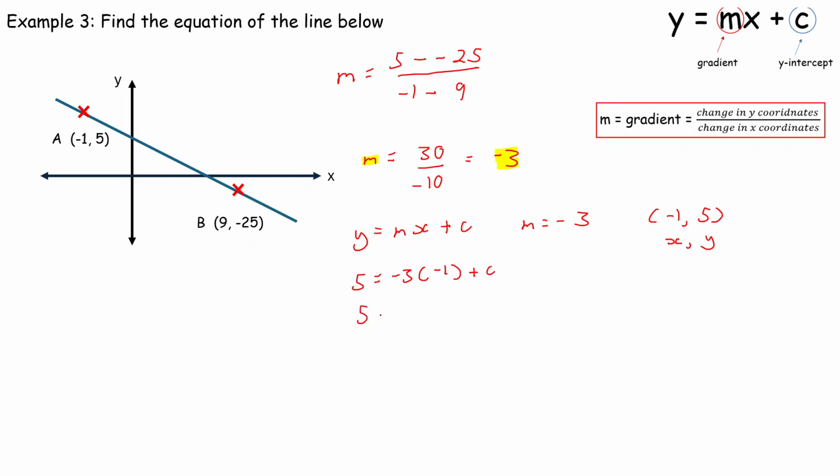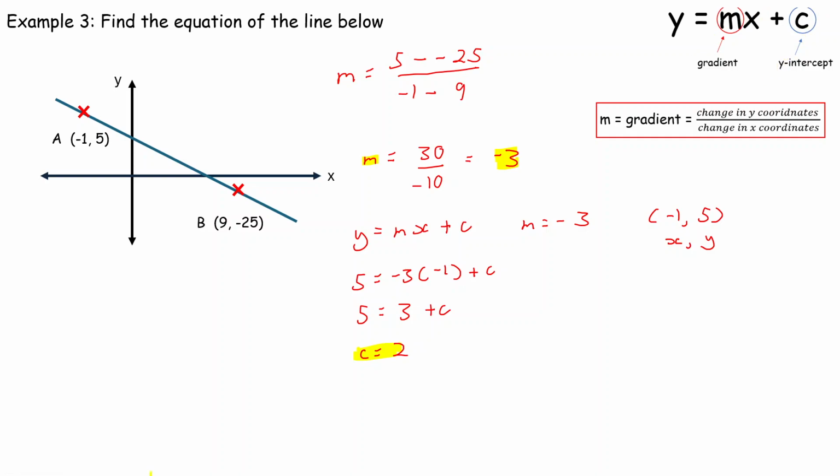So 5 is equal to minus 3 times minus 1. Timesing two negatives, I get plus 3, plus c. So 3 add what is 5? 3 add 2. So c is equal to 2. So there we go. If I go and highlight that, my c value is equal to 2, which is my